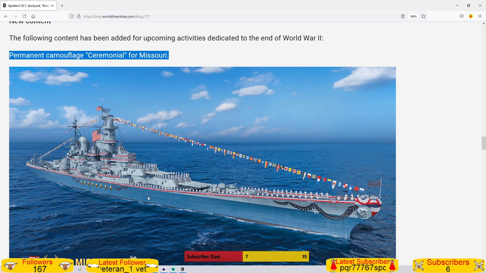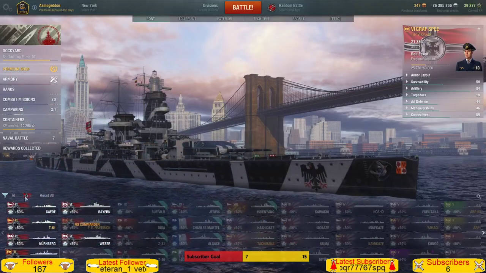And it is an effective camo. The blue on the bottom and the light gray on top is actually effective in-game, although these things will make it harder to spot you, so it will be less effective than the basic camo. And what that means is,